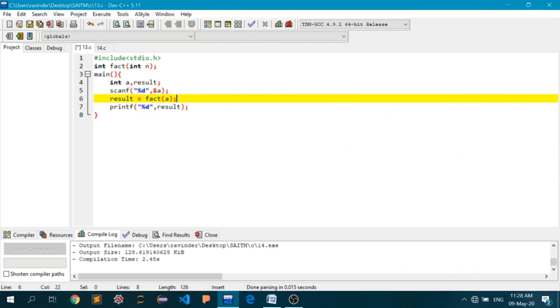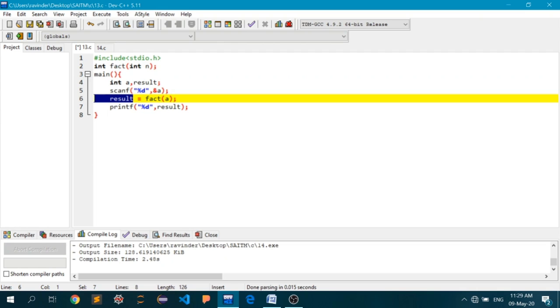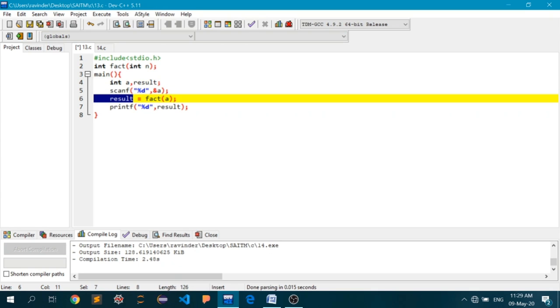After that, I call the function fact and pass the number a. So a becomes the actual argument, and the integer return value is assigned to the variable result, which I have already declared. Now I will print whatever is inside result.